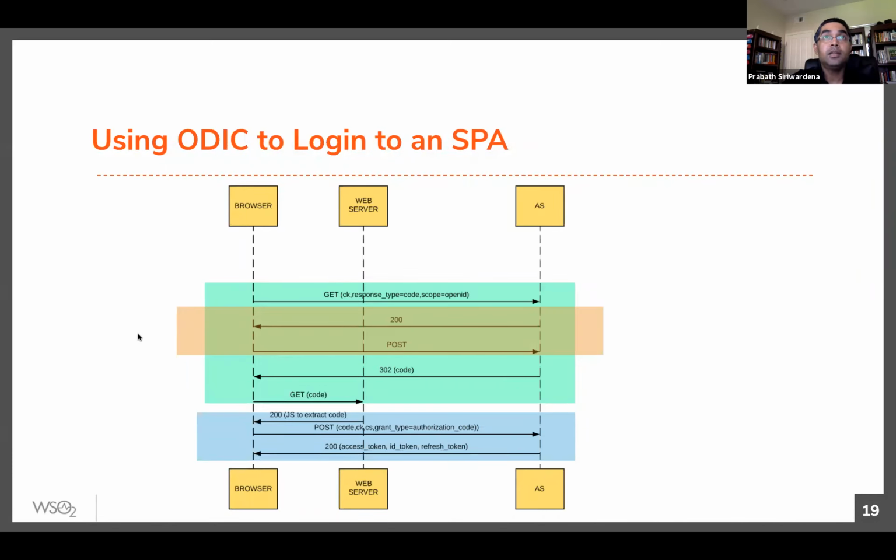Now let's see a typical flow. We'll expand this as we move on. How you can log in to a single page app using OpenID Connect. Same flow, I'm using the authorization code flow here. You get the code. Once you get the code, the browser will send a 302 to the callback URL. This can be an endpoint in your web server. You don't do any processing. There's no server-side processing. It will simply send back a JavaScript to the browser in a 200. The authorization code is in the query parameter, and this JavaScript knows how to extract the authorization code